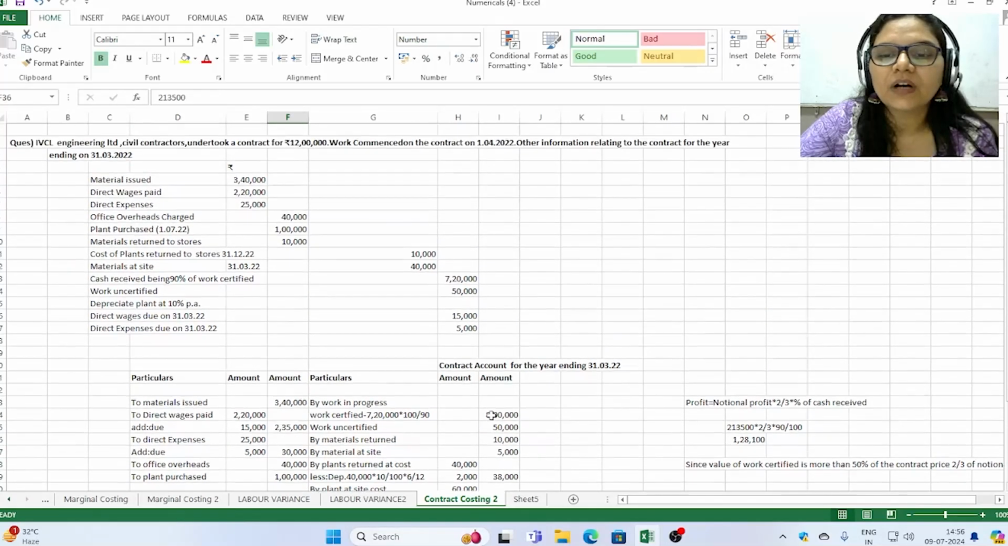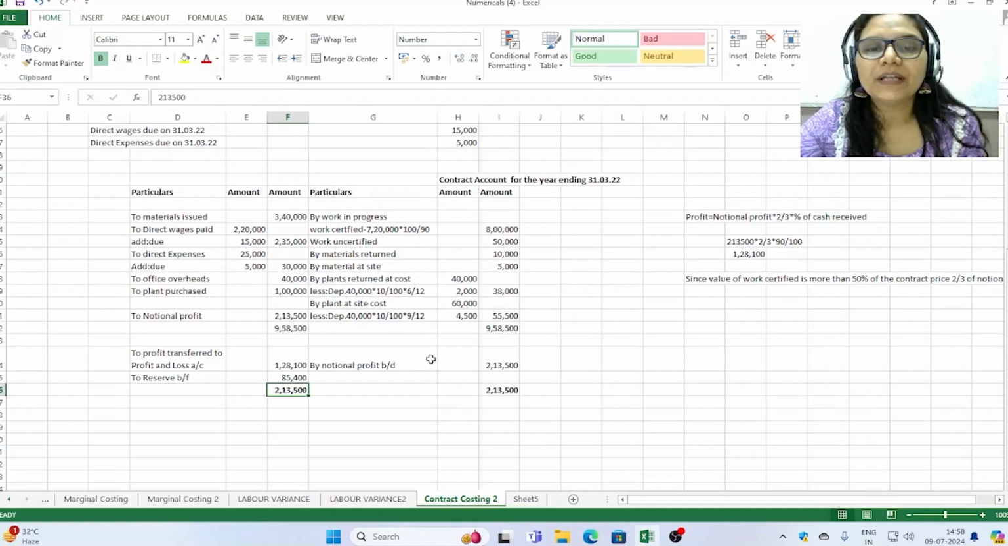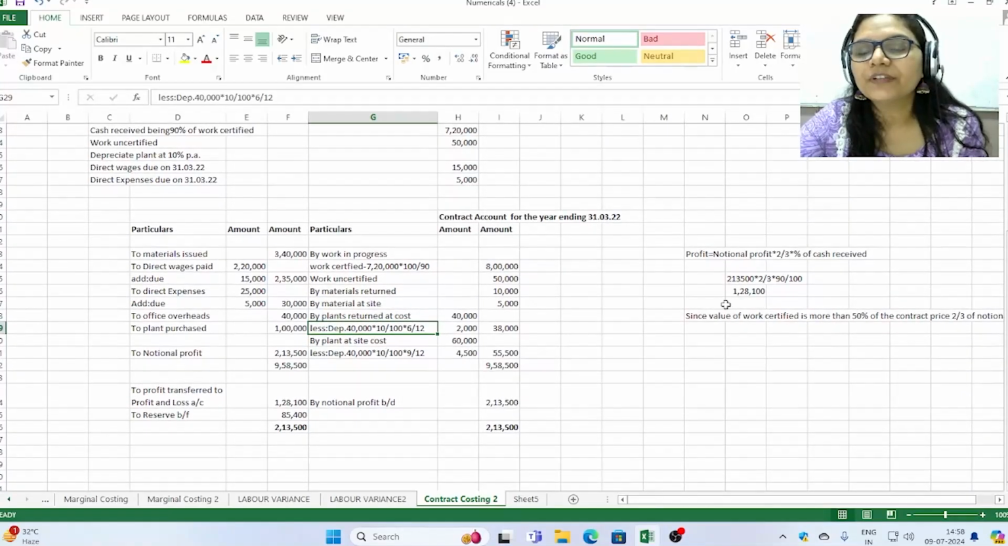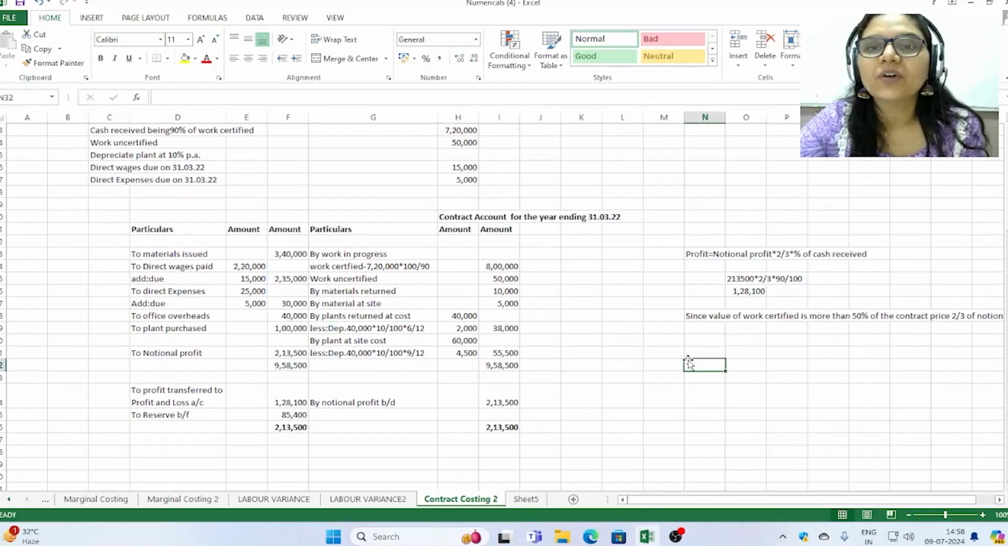So this was all about the debit and credit side, the profit or loss. So there is also a notional profit in this case. Notional profit is basically calculated when the contract is in